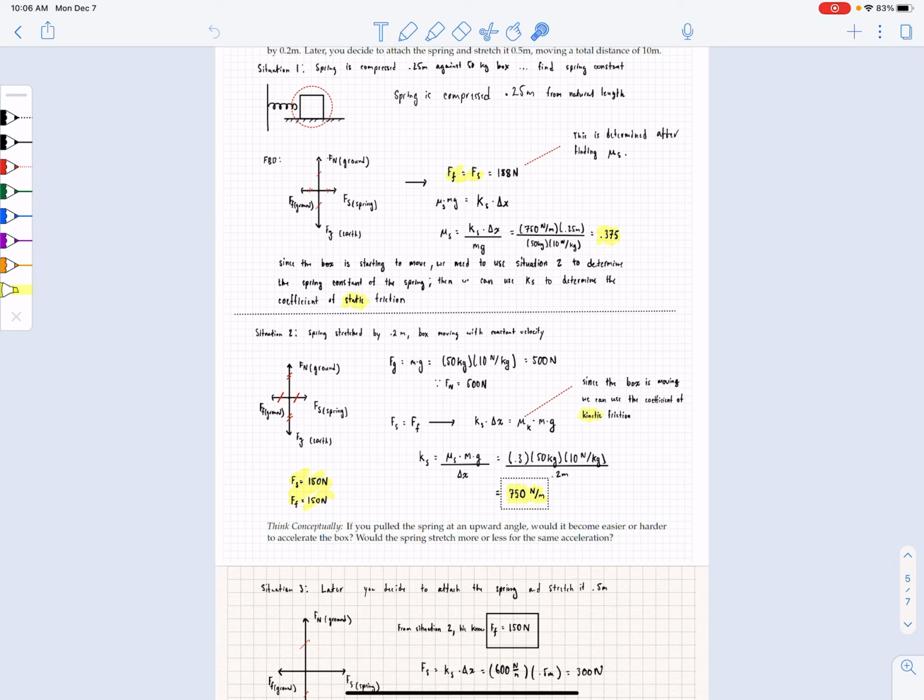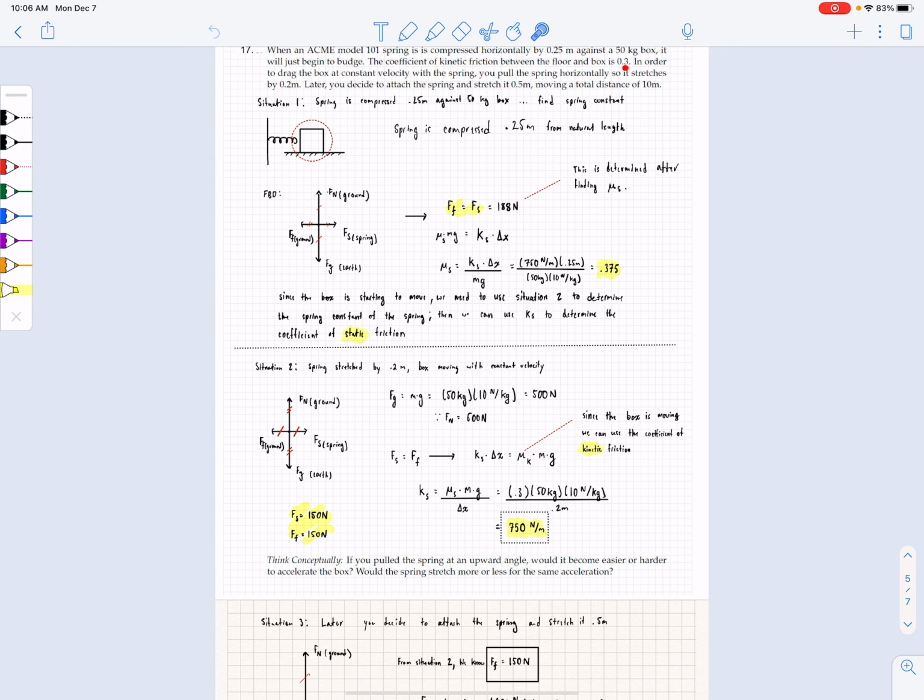relative to the floor, so we need to use the coefficient of kinetic friction, which we were given in the problem, okay? The coefficient of kinetic friction is used in the friction empirical force law if the objects are moving relative to one another, okay? It's sliding friction. So in this expression, we have everything except for the spring constant. We know how much the spring was stretched by. We know the coefficient of kinetic friction, we know the mass of the box, and we know the gravitational field